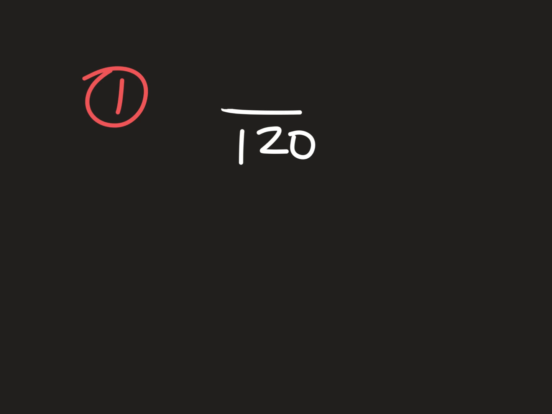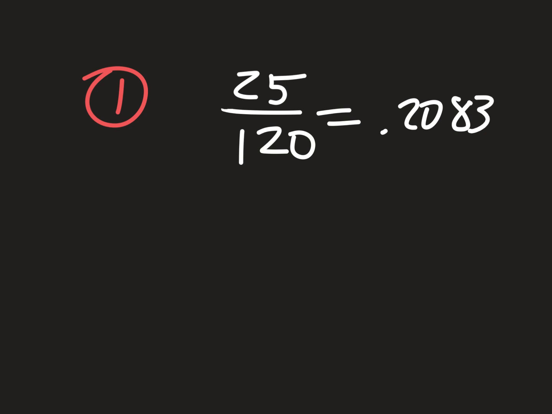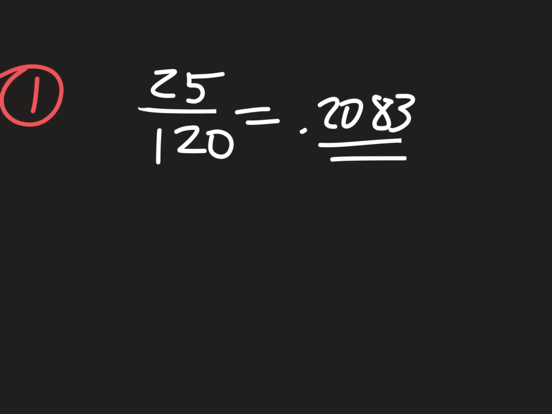And then, what was the Dairy Queen, kids? 25. And if I wrote this on my worksheet, why would I get it wrong? Has to be divided and gotten into a decimal, okay? What is 25 divided by 120? There you go. Now, is that 3 decimal places? No. If you wrote that, I'd have to mark it wrong.